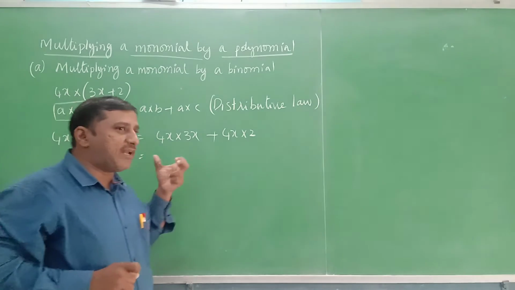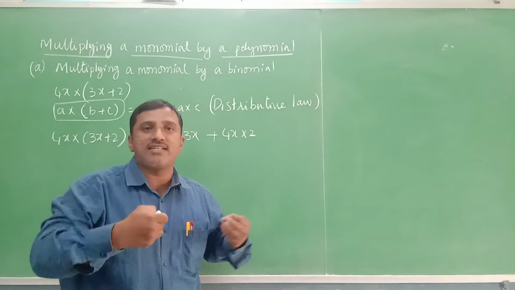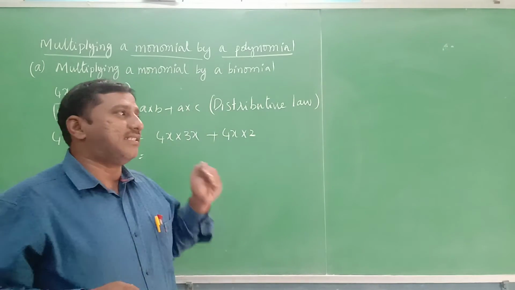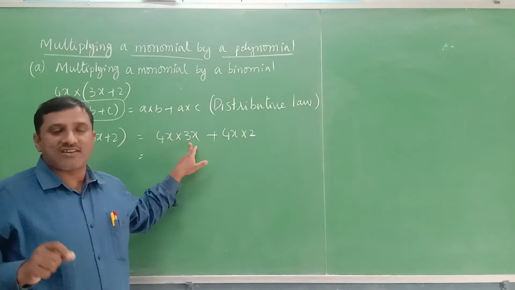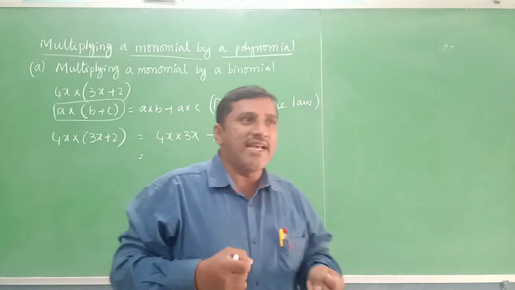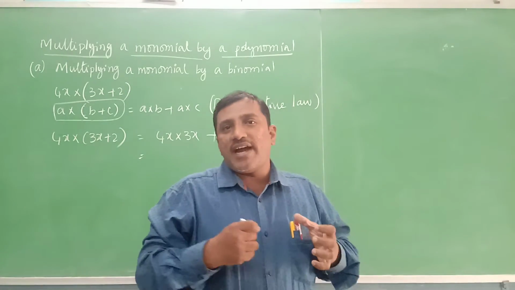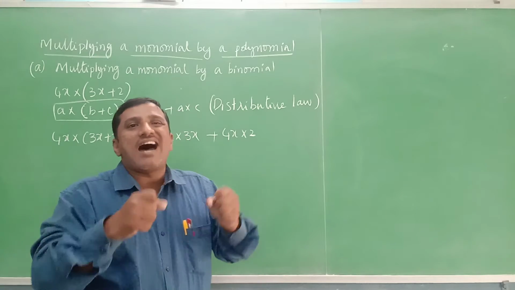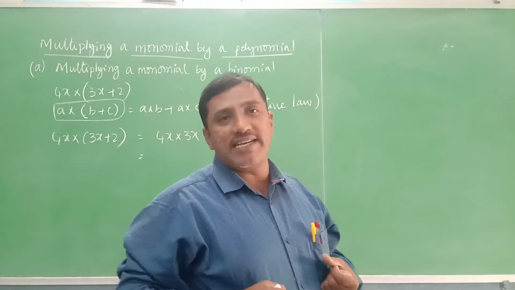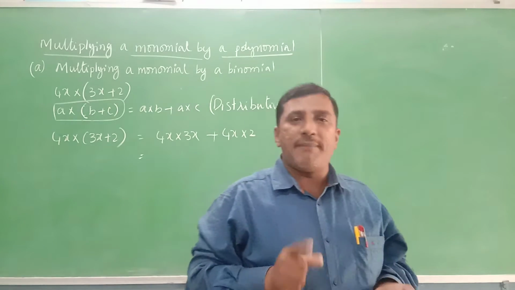How do we multiply two monomials? We discussed in the previous section. First we multiply the arithmetic signs, then multiply the numbers, that is the constants, then multiply the variables. While we are multiplying the variables, if you find the same variable, you just add the powers of the variables to get the resultant variable with the required power.